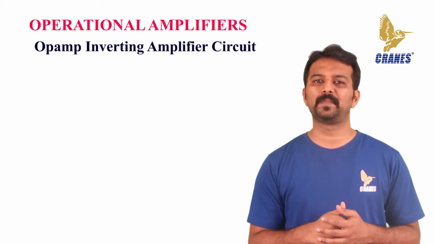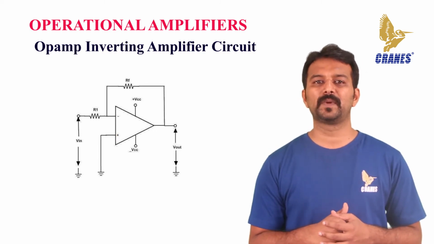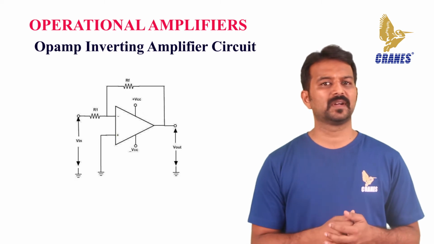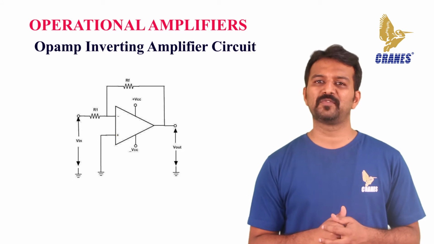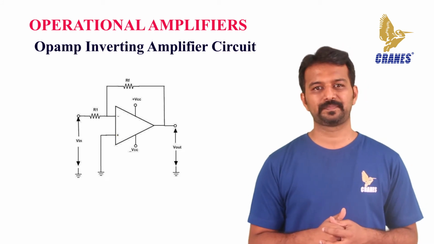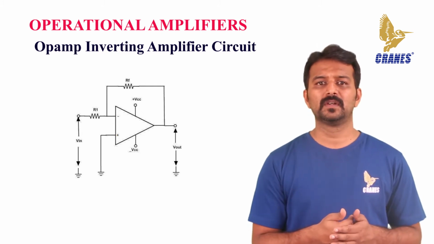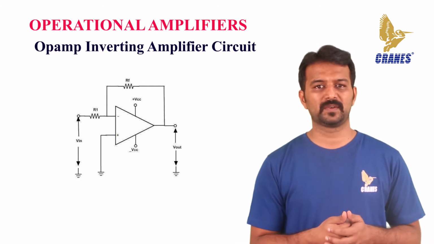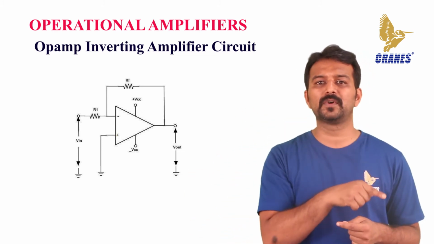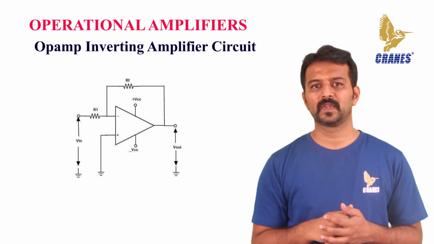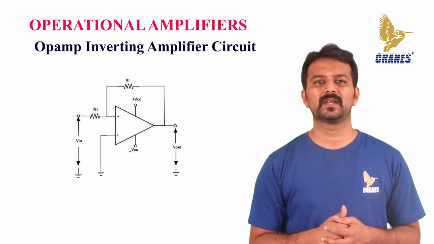Op amp inverting amplifier circuit. The basic diagram of an op amp inverting operational amplifier circuit is quite straightforward and only needs a few components beyond the operational amplifier integrated circuit itself. The circuit consists of a resistor from the input terminal to the inverting input of the circuit and another resistor connected from the output to the inverting input of the op amp as feedback. The non-inverting input is connected to the ground, as can be seen in the figure.